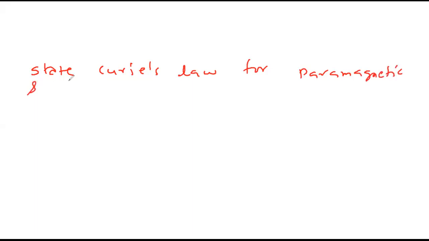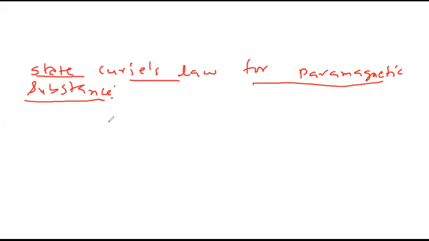State Curie's law for paramagnetic substance. Paramagnetic substances are those substances which become temporary magnet when placed in external magnetic field. So Curie's law, Curie is the name of a scientist. For paramagnetic substance,